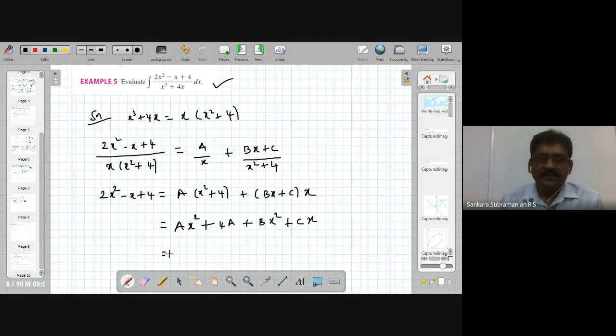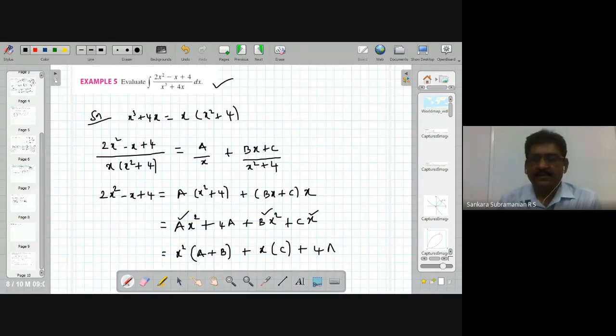Now arranging in an order means the x square appears in two terms, right? Wherein the coefficient is a and this is b. And if you take the coefficient of x, you get c. And last, you have to write the constant terms. So writing in order, x square, x, then constant. You see that in the left-hand side also, you have an expression like 2x square minus 1x plus 4. So now equating